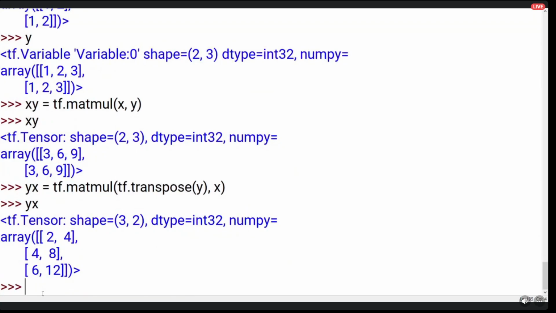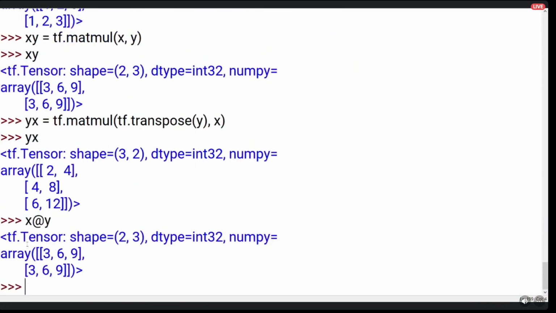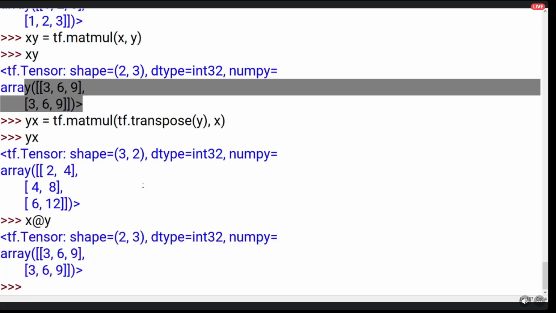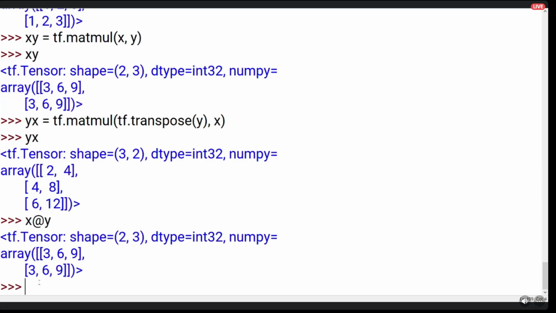So yeah, that. And if you are too lazy to write matmul, you can perform the same set of operations using the @ operator. So x @ y would just be the matrix multiplication between x and y, and you see the output is the same. Right. Now the next part can be a bit confusing, because when you perform